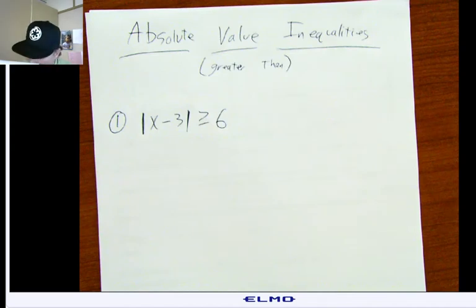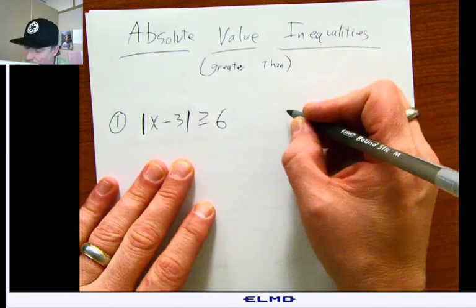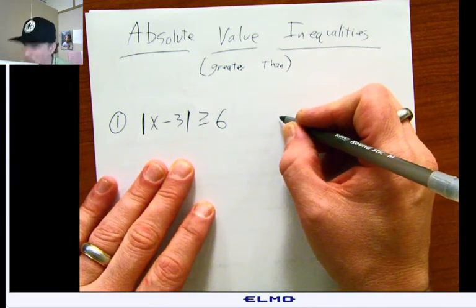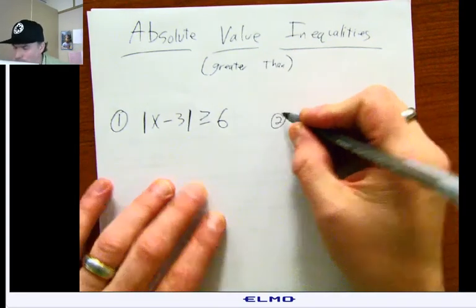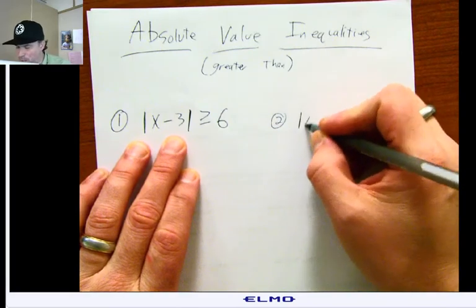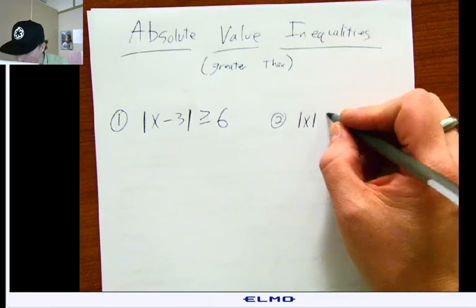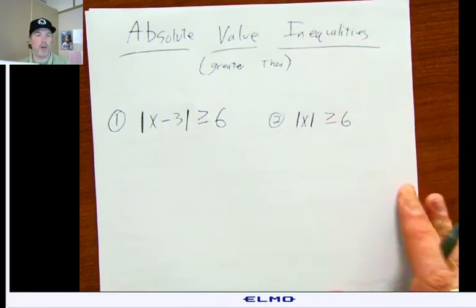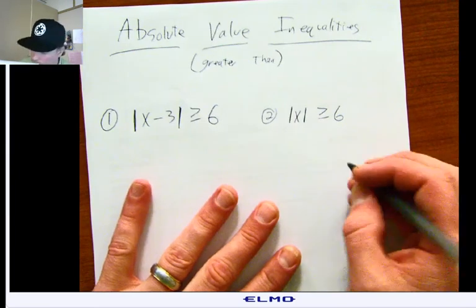Now, when I look at these problems, I always forget what I'm supposed to do with it in terms of, is it the and problem? Is it the or problem? So I like to think of a simpler one. So instead of thinking about absolute value x minus 3, think, well, what if it was just absolute value of x? Absolute value of x greater than or equal to 6. Well, what would that scenario be? If we think about it graphically,